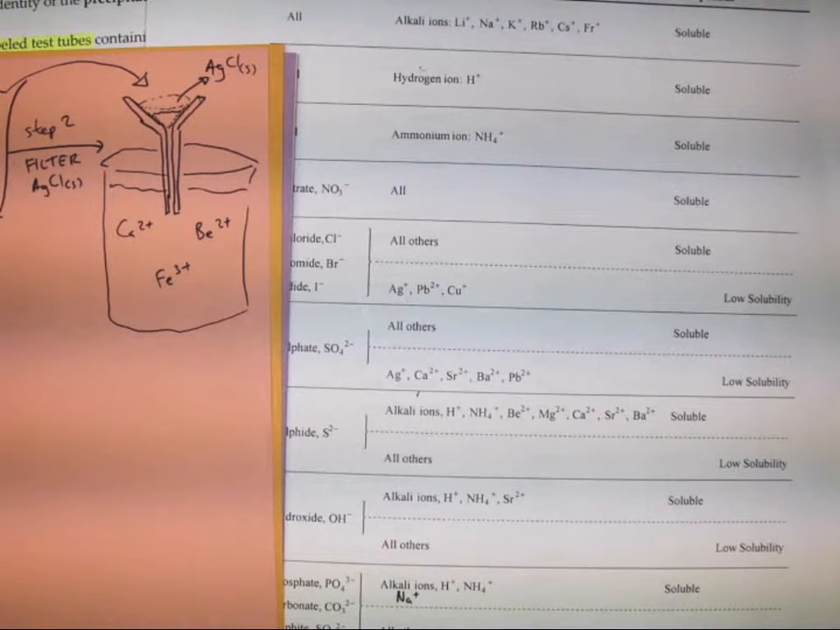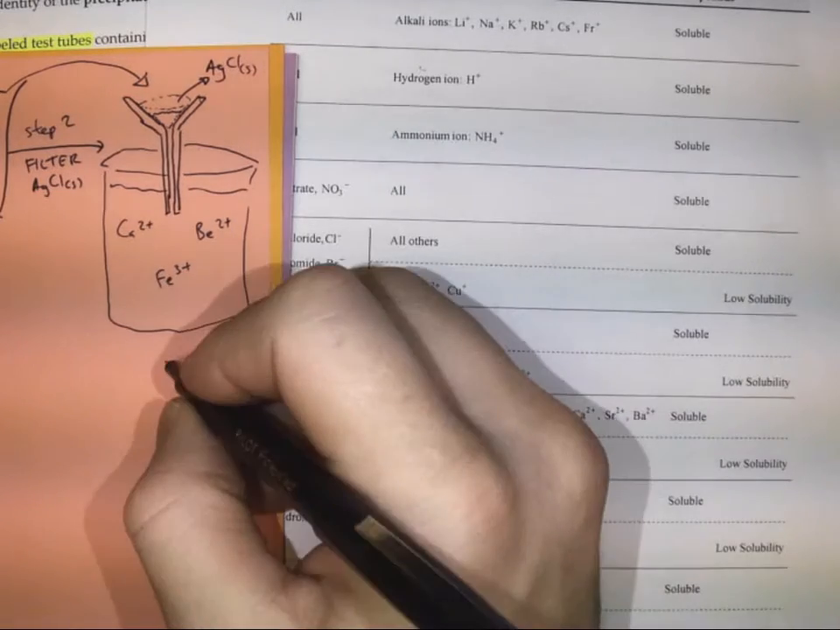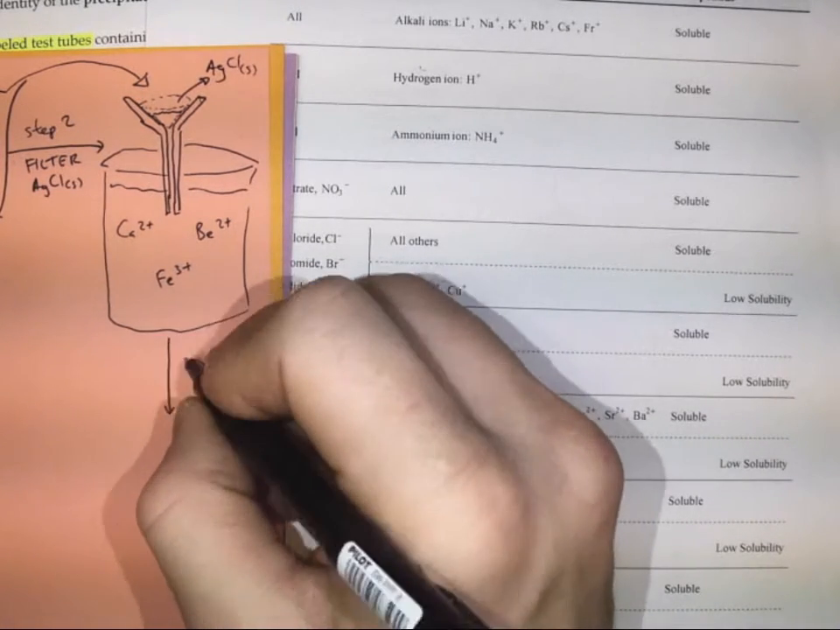Beryllium. Hang on a second. Okay, now I can see it. All right, anyways, so that looks like we'll have to add a sulfate compound. So step three